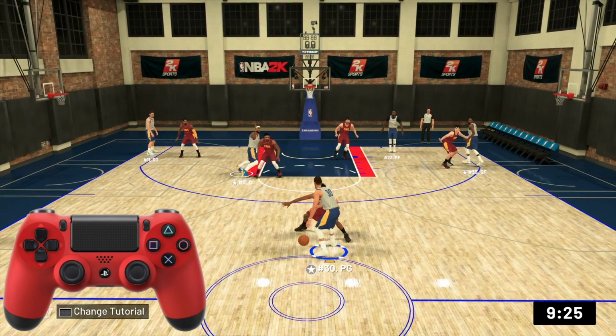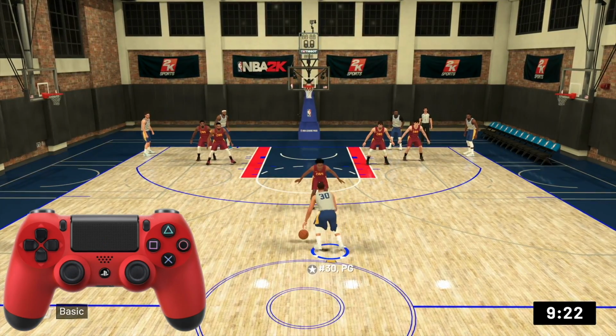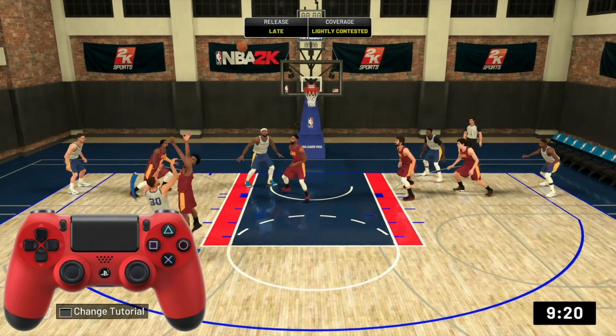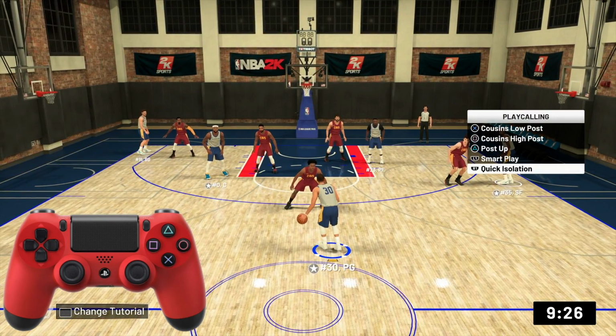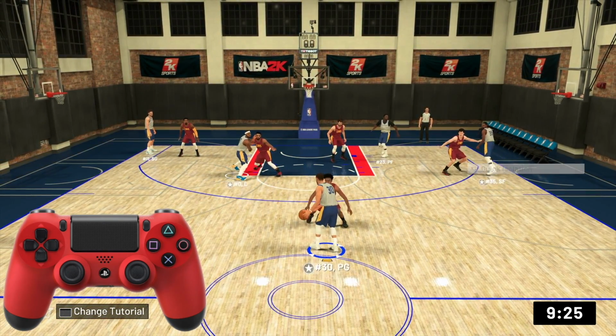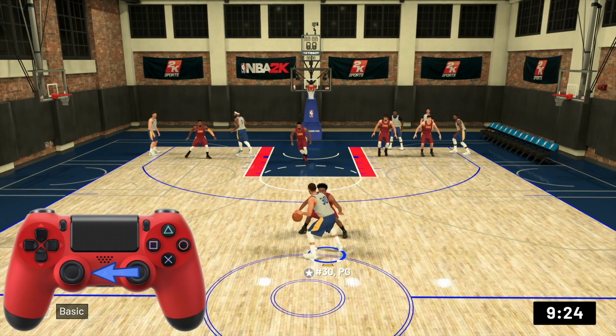Alright, so in order to do the Sham God, this is actually a newly added move into the game. What you're going to want to do is, for instance, if the ball is in your left hand, in order to make it easier to actually learn the move first, go ahead and call a Hezi. So obviously flick the right stick to the left, and then as soon as you do that, hold in the